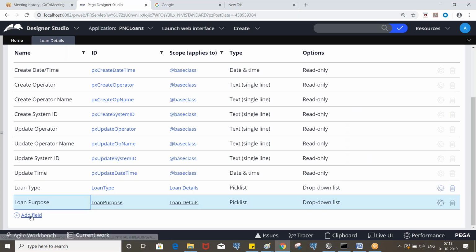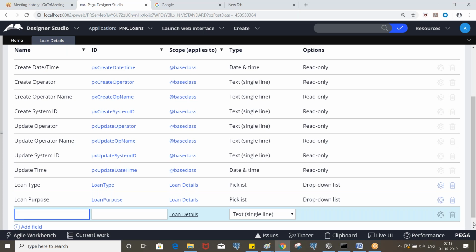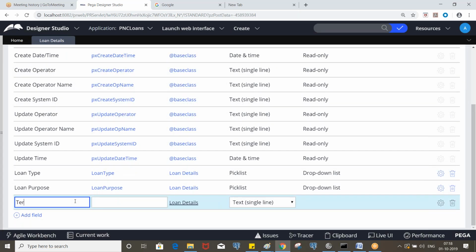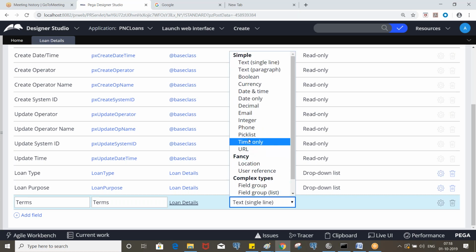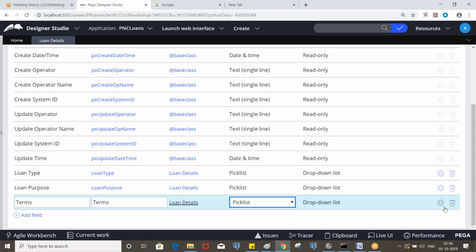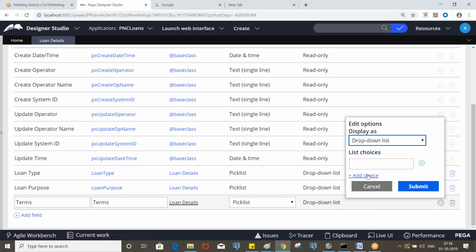So now terms, these are the different loan terms. Again, it is a pick list, means drop down, and here we can enter the values.